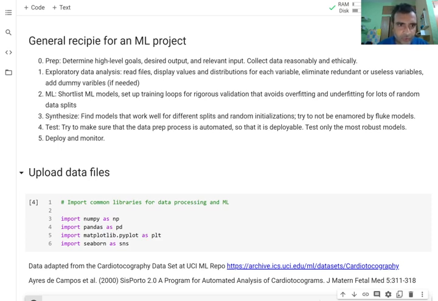Then we want to do the actual machine learning, which is to shortlist the models, set up the training loops and validation that avoid overfitting and underfitting. And we want to try different data splits. Then we want to synthesize the results that we have, find out the models that work well for different splits and different initializations,